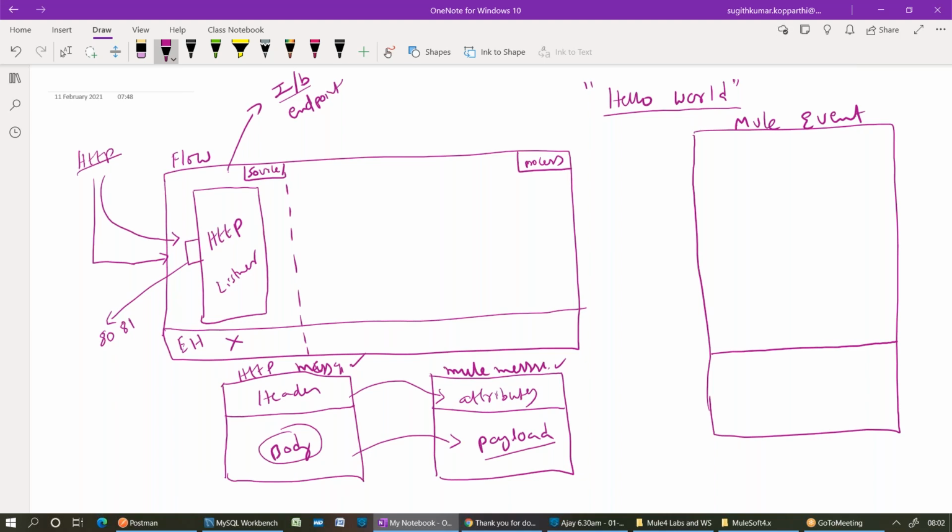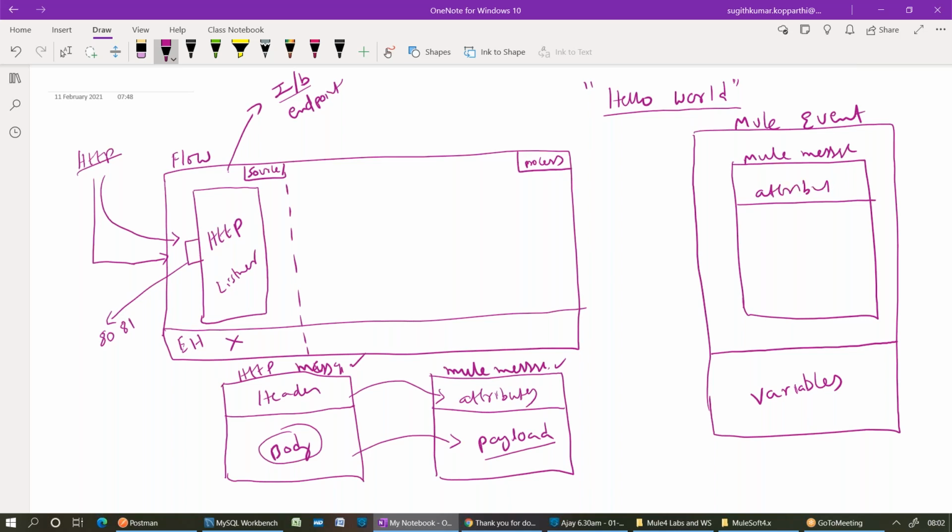What are those? Variables and Mule message. Very good. Mule message contains two parts again. What are those? Attributes and payload.